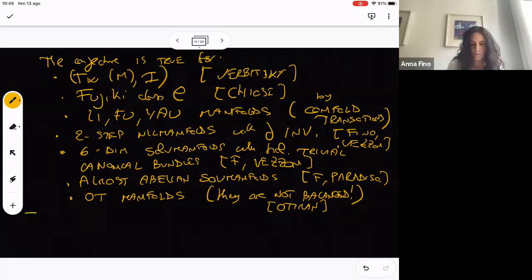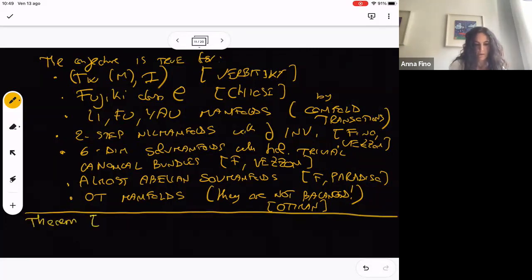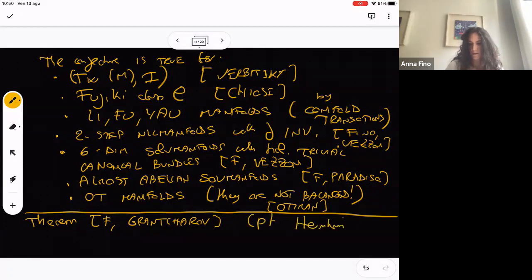I want to mention a result that I got with Grantcharov. And this is about the globally, in fact, conformally balanced condition. We will see this condition later for the Hull-Strominger system. And the theorem that we show is the following. If you take a compact Hermitian manifold